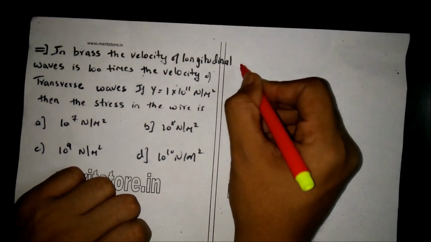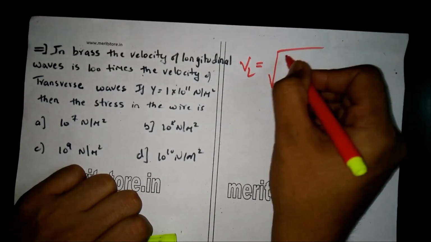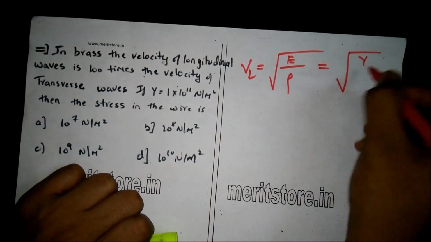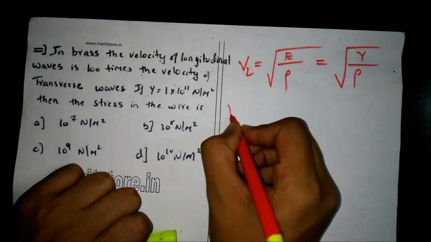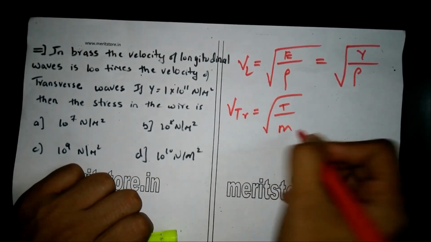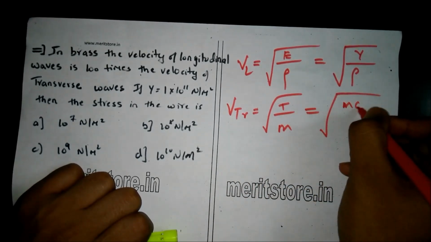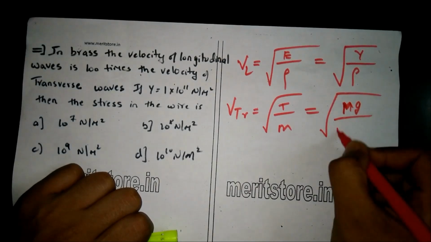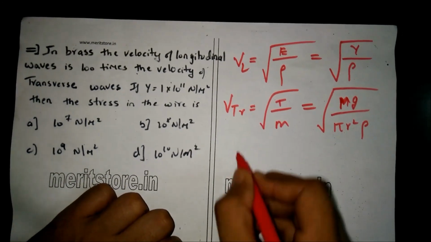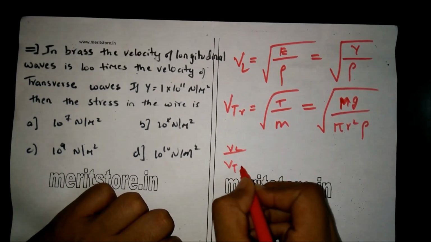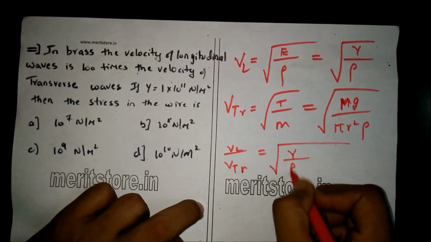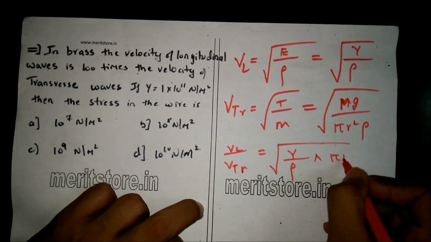Now the velocity of the longitudinal waves V_L is given by root of E upon rho, which is equal to root of Y upon rho. Now V of the transverse waves is equal to root of T upon m, which is equal to root of mg upon pi r square upon rho. Now on taking the ratio, we get V_L upon V_T is equal to root of Y upon rho into pi r square